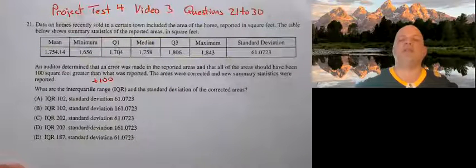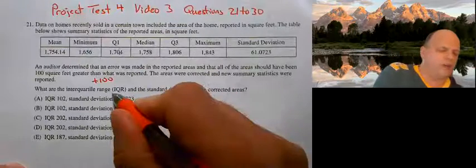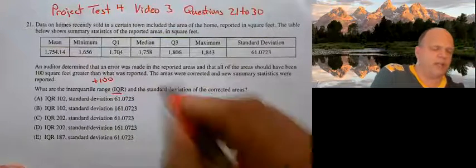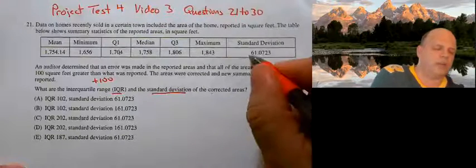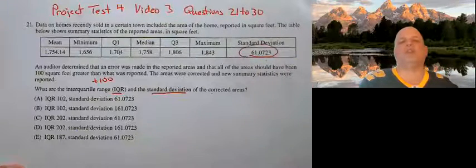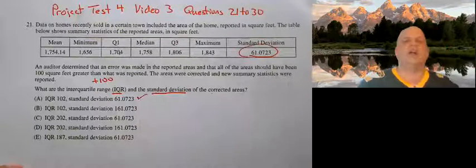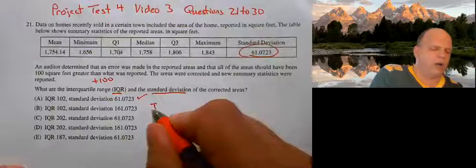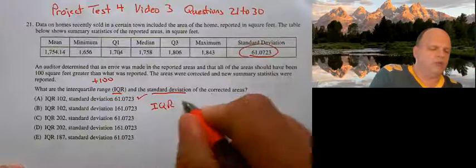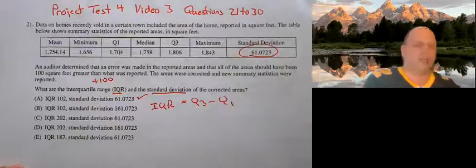However, measures of spread will not change. So our IQR and our standard deviation are not going to change. They're going to remain the same. So our standard deviation is going to be 61,000, which is what we have right here. And we need to calculate our IQR. IQR is just Q3 minus Q1, which in this case,